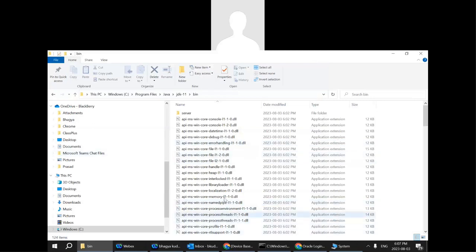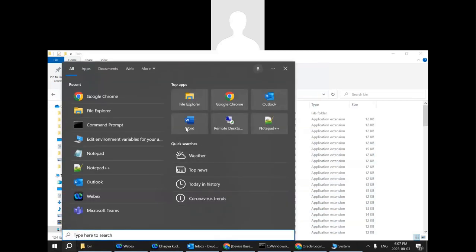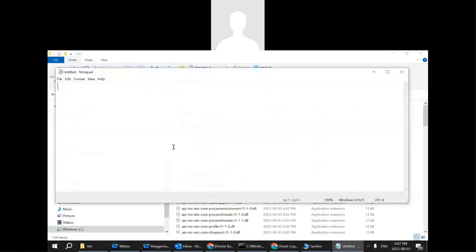Now we need to understand about Eclipse. What exactly is Eclipse? Eclipse is nothing but an IDE. What does IDE mean? IDE means an integrated development environment. It is where we will write our code. Okay. We have multiple IDEs like Eclipse,